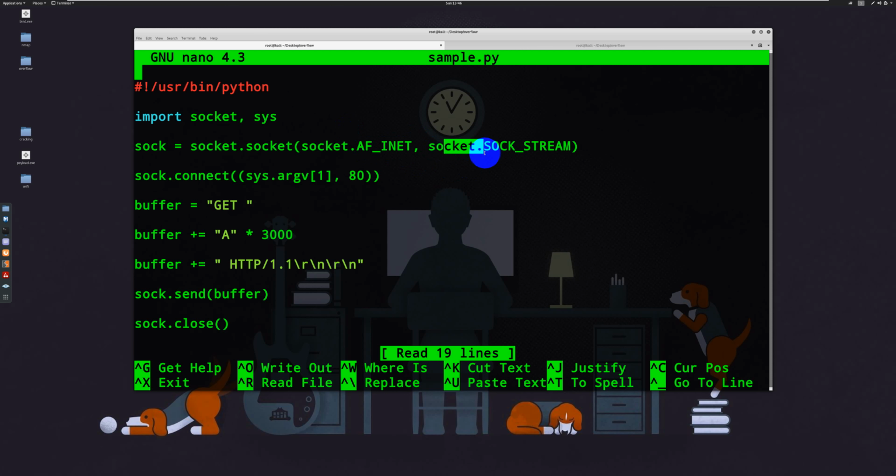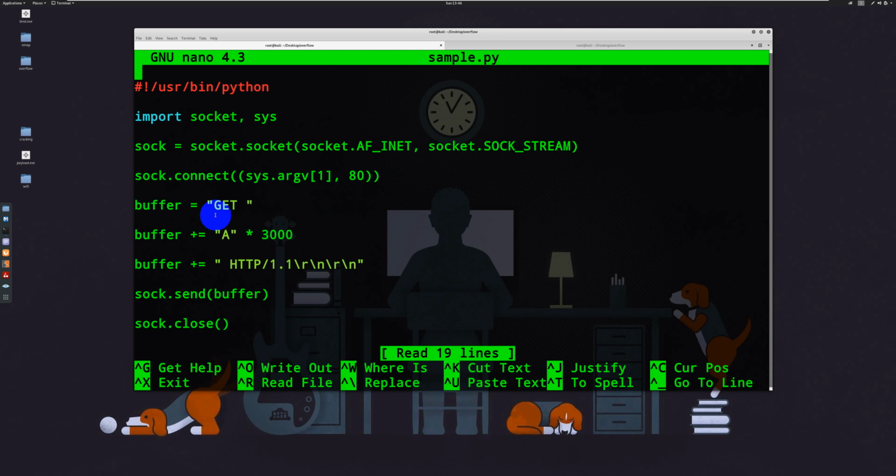And since the socket is going to carry a stream of data that we are sending, it will use SOCK_STREAM. Then with sock.connect we are connecting, taking a sys.argv argument, a runtime argument provided while running the program, which will be taken as input here and connected on port number 80.